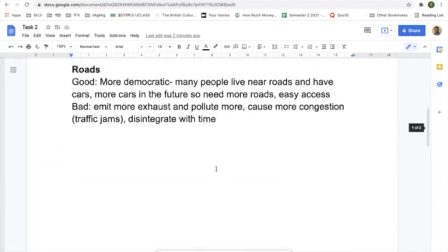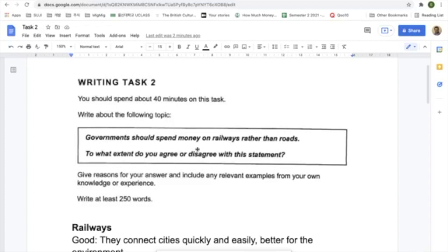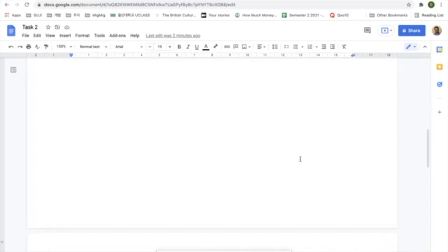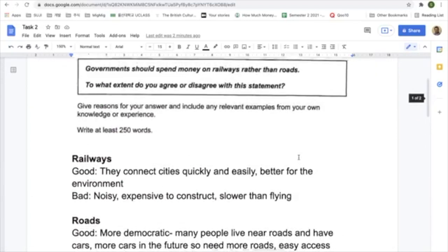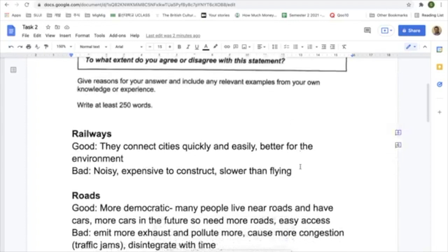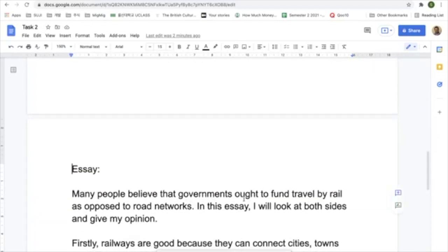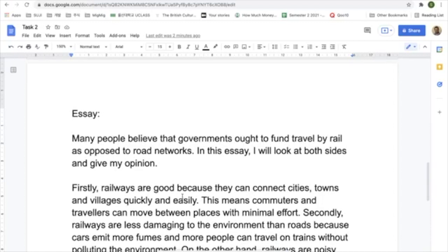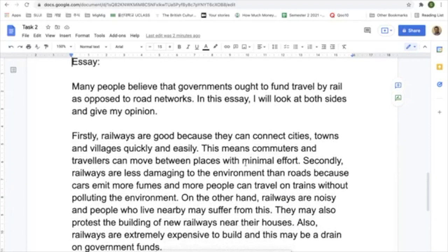So after we brainstormed some ideas, we decided, okay, we're going to write our introduction. The introduction is based on the question. Remember the paraphrase. Take the words, how can you rewrite them in a different way? So instead of "governments should spend money on railways rather than roads," we had "many people believe that governments ought to fund travel by rail as opposed to road networks." It's saying the same thing, but in a different way. And then I said, "In this essay, I'll look at both sides and give my opinion." So that's the way that I chose to